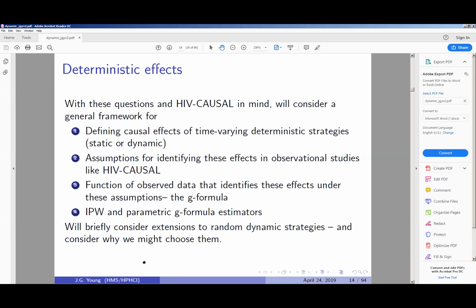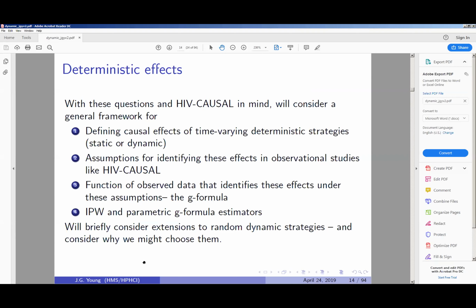And because of this, we say that the L bar K here are the measured confounders through K, or the measured confounder history through K. So again, in our example, this includes, say, measured CD4 cell count history, viral load, etc. So as we said, exchangeability is an untestable assumption. What this means is it can't be assessed in the data, again, because we don't get to observe the counterfactual outcomes for everyone, but it actually can be assessed under an assumption on how the data in the study were generated. And this assumption can be driven by subject matter knowledge or simply by assumptions when knowledge is absent,